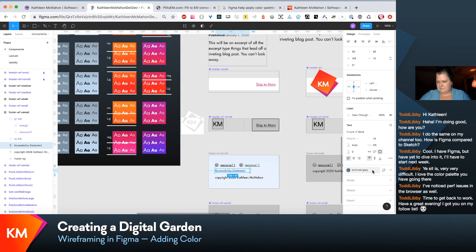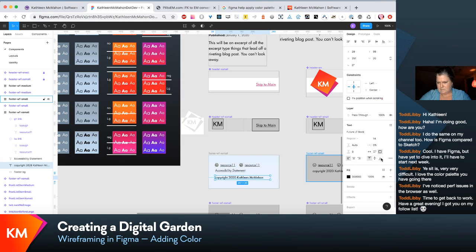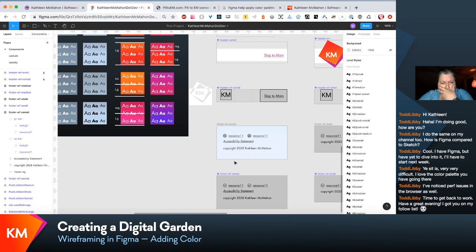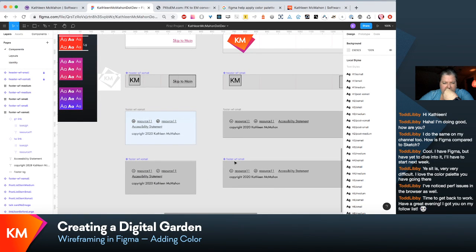Let's try that again. It actually might be too blue for what I'm trying to do, so I'm probably going to mess with that. I still kind of like it, but